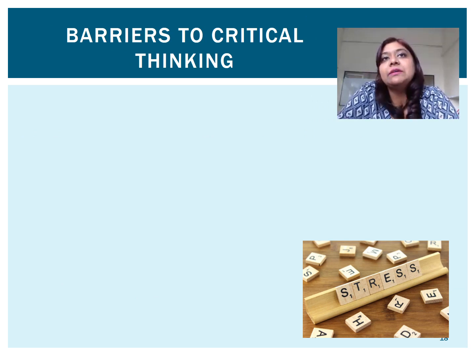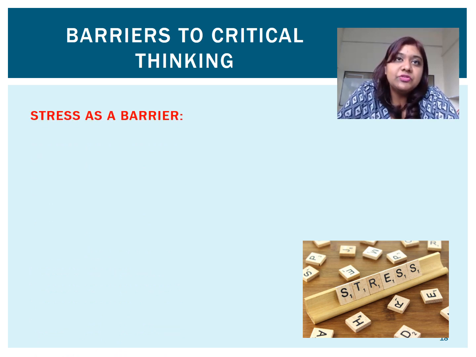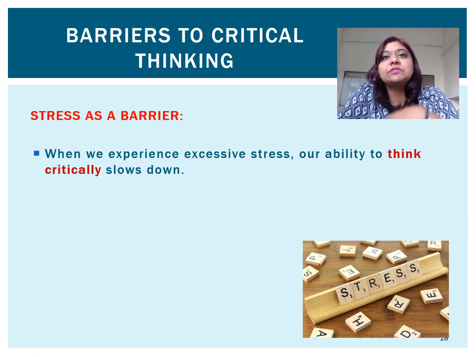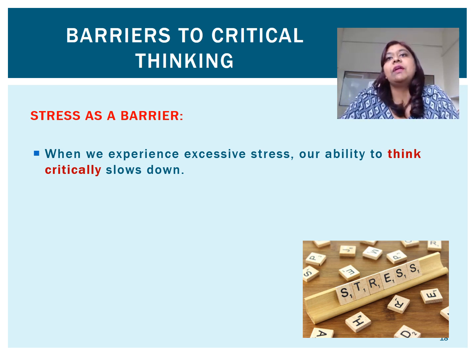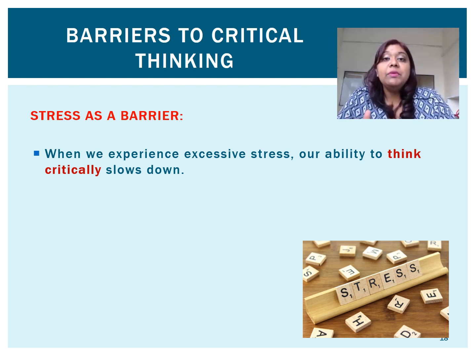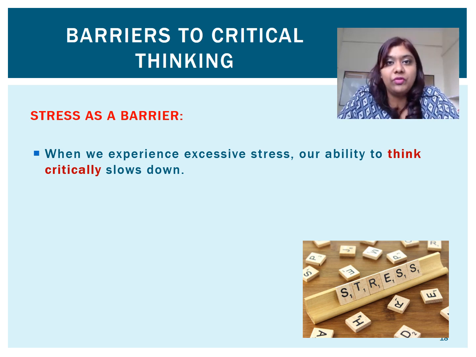Now, one of the last barriers that occur in critical thinking is stress. So stress can also come as a barrier because in most cases, when we experience excessive stress, we indirectly change or limit our thinking ability. So the more stress we feel, the slower we start to think. Or at some points we just say, I don't want to think about this anymore. Let me just deal with it later because I'm stressed right now. So by doing that, we are indirectly preventing ourselves from handling the situation in a proper way, which we could do when we are not feeling stressed.